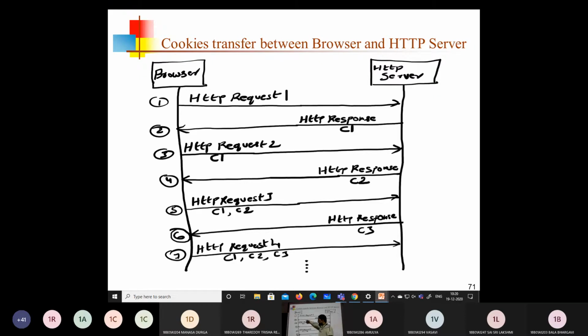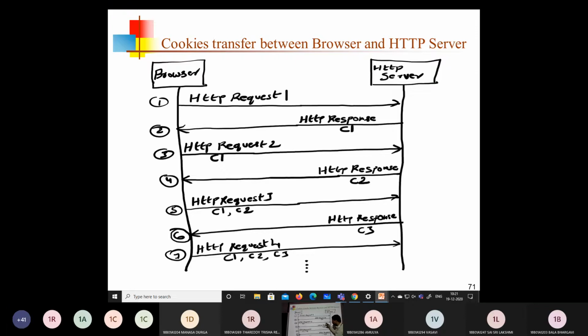After some time, as the third step, the browser places a second request. Suppose you type gmail.com, it asks for your login username and password. If you type them and click submit, request 2 is immediately generated and sent to the HTTP server. After receiving this request, the server generates the HTTP response as per the second request, not the first request.